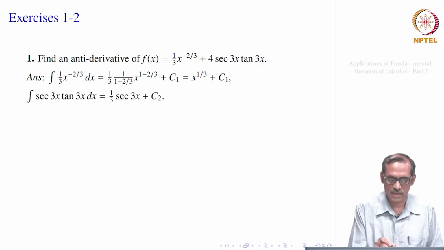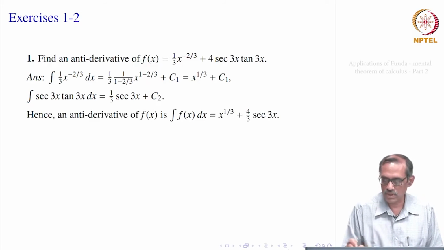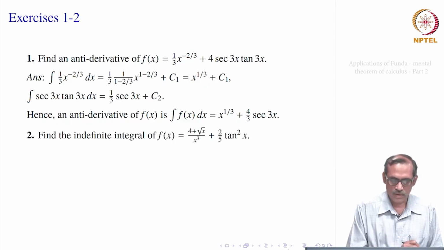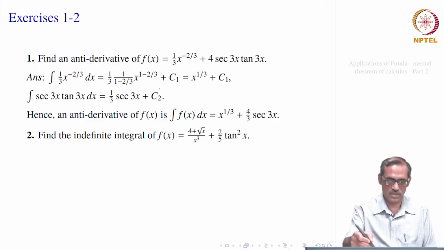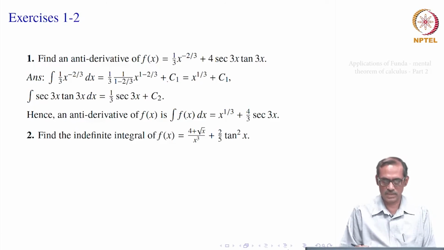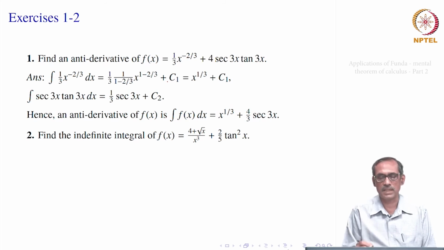Similarly, the integral of secant 3x tan 3x is 1 by 3 secant 3x, because if you take secant 3x and differentiate it, it would give secant 3x into tan 3x into 3. So, we have divided by 3, plus C2. So, the antiderivative will be the sum of these two, but be careful where it is defined. Wherever it is defined, this will be the antiderivative, that is the meaning. At x equal to 0, of course, the function itself is not defined, fine. Okay. So, this is just using the limit properties and of course, the fundamental theorem of calculus, which is